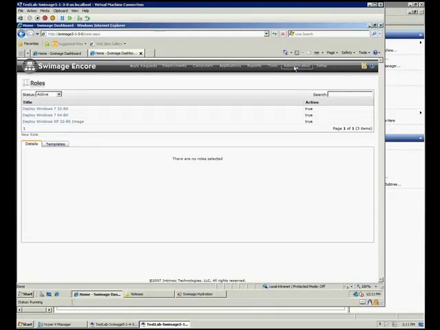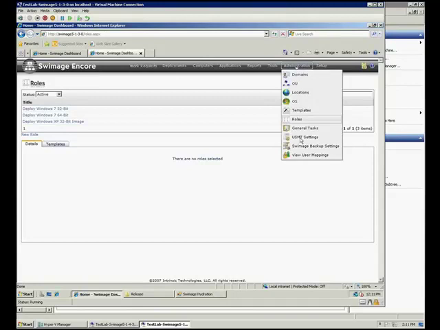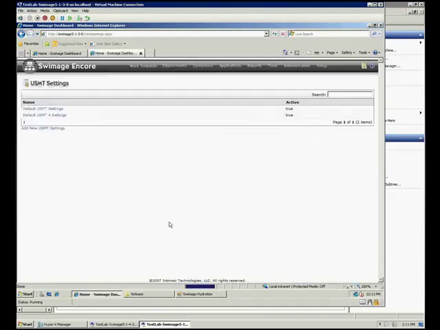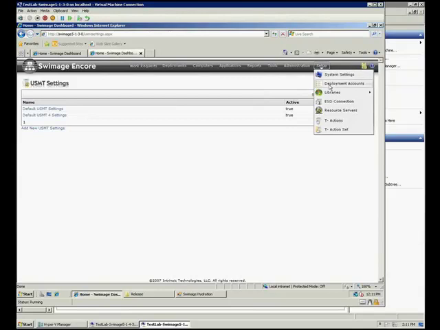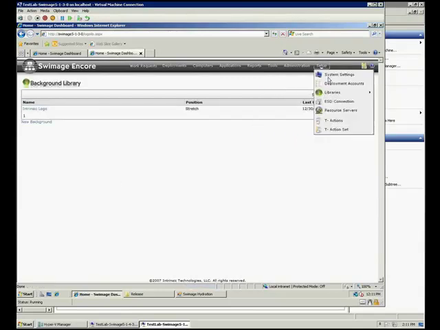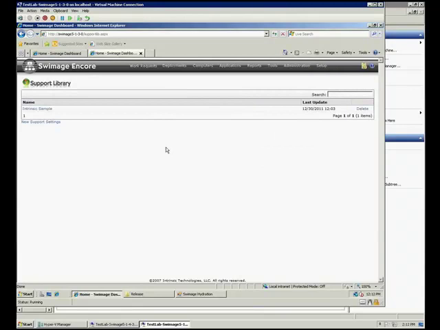Now, for customized things like your USNT settings, if you have custom USNT settings, there is unfortunately no way to transfer those over using the hydration tool, but it should still transfer over things like your library objects, so that is how we